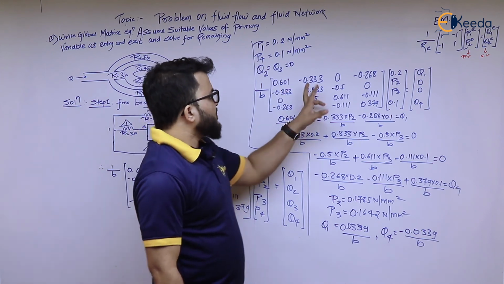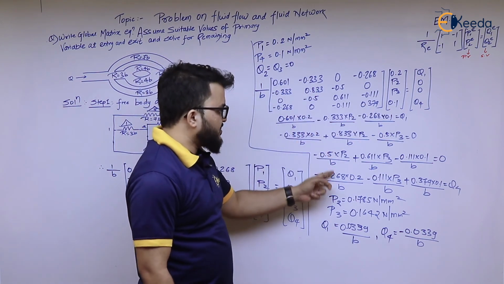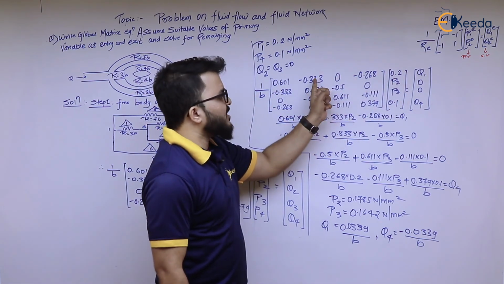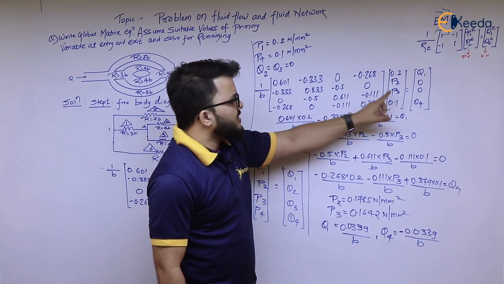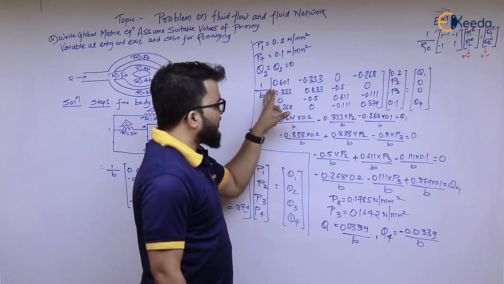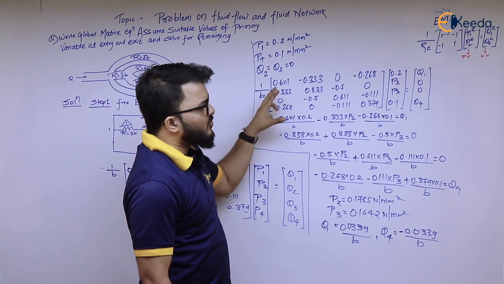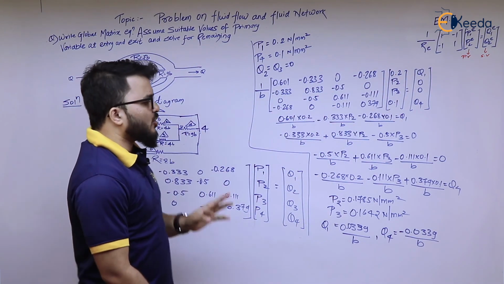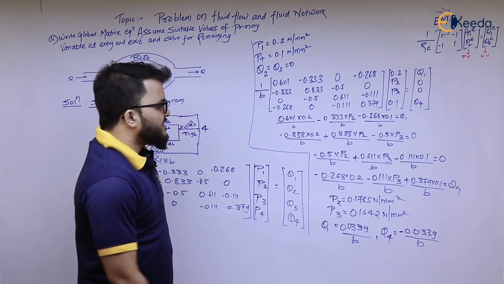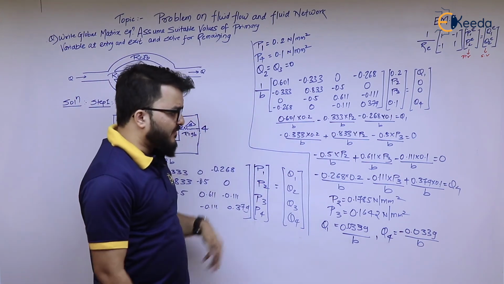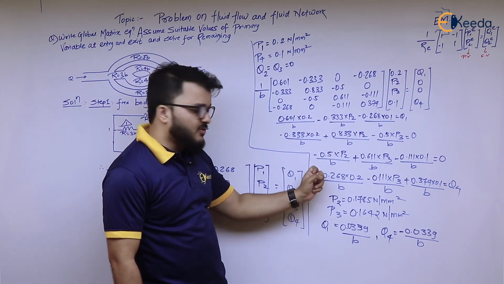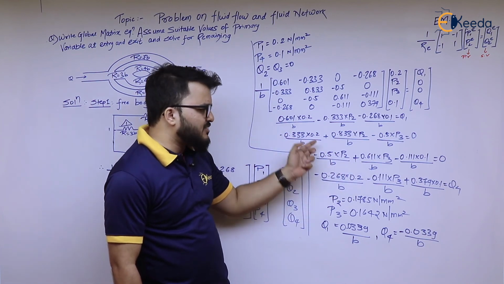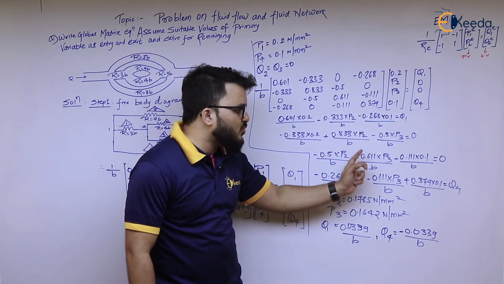Okay, so if I solve this matrix, I will get these 4 equations. This element is multiplied with this element, and so on. Similarly, I will multiply row 4 with the only column, so I will get these 4 equations. Equation number 2 and equation number 4 contain P2 and P3, so if I put these 2 equations in Calci, I will get the P2 and P3 values.